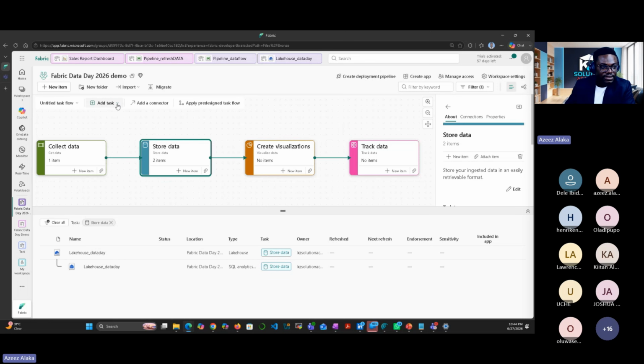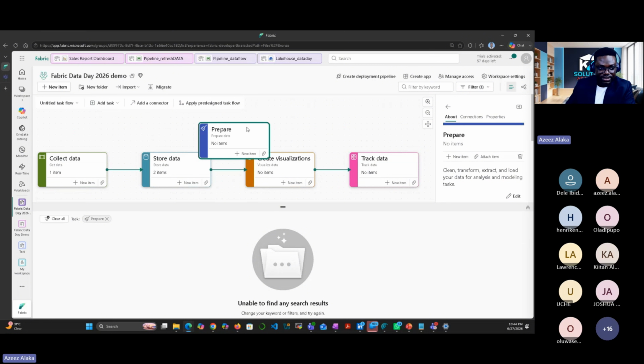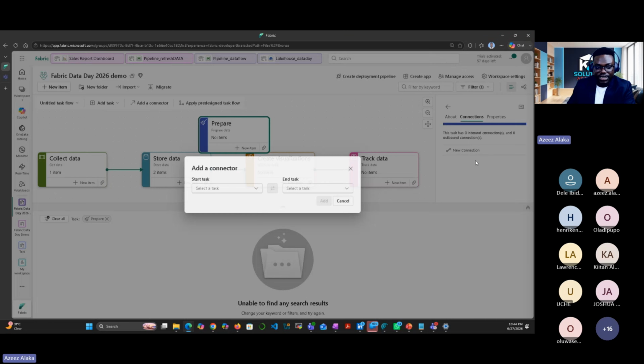So I will come to add task. I'll say prepare data. You can see it here. So I want to join it to this. I'll come to connections here, new connection. The start will be from store data, and the end should be visualization.